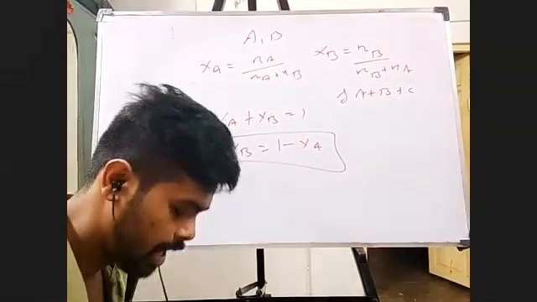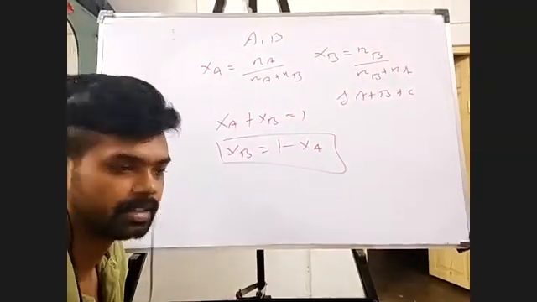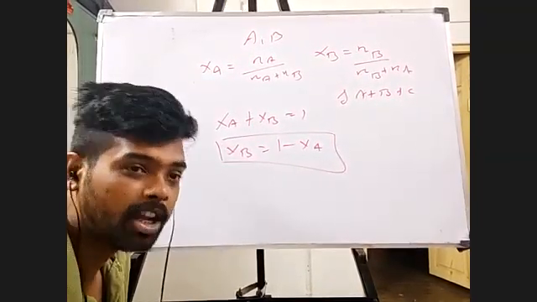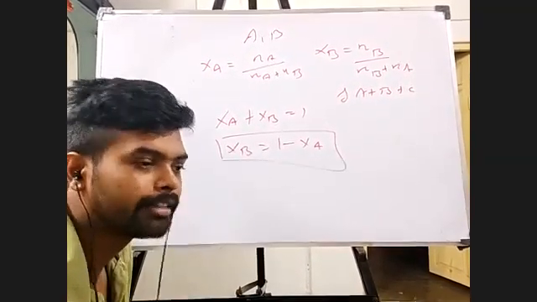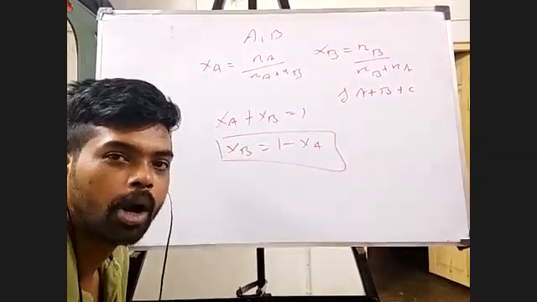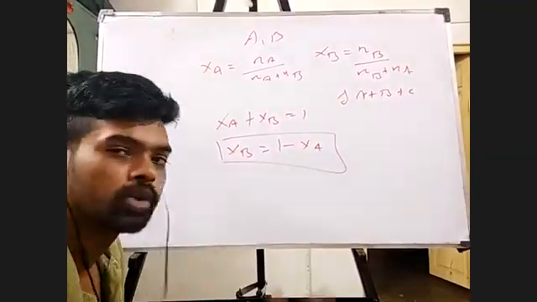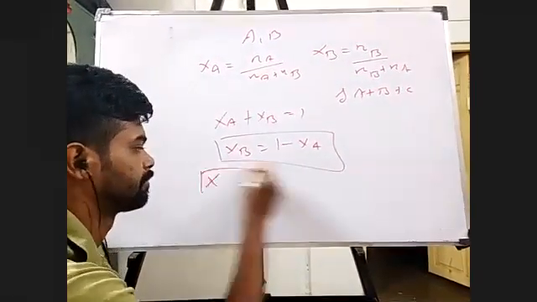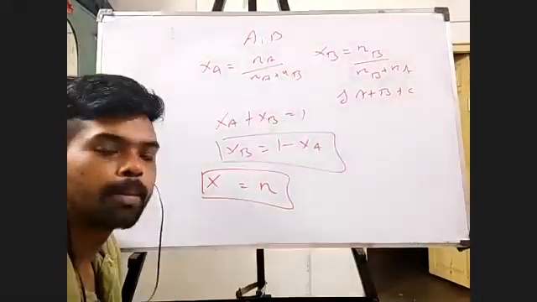Understood? Right. Again, sometimes they will give only the mole fraction values. So they might give the mole fraction of A and the mole fraction of B, but they will not tell me the actual number of moles of A and number of moles of B. Again, I repeat, they might give the mole fractions, but they will not give the actual number of moles of the individual components present in the mixture. So in that case, you will assume the mole fraction to be the number of moles itself. You will assume that the mole fraction of the components given is the number of moles of itself.